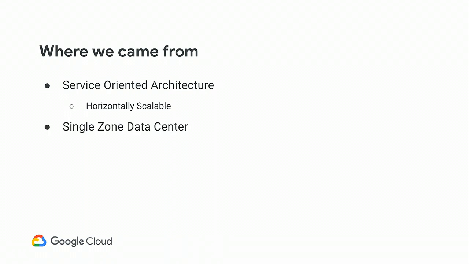So one of the things, though, is that we had a single data center. We were not across multiple data centers, and it was a single zone. That comes with some advantages. One of the big advantages is resource predictability. So we were running VMs there in the data center, and we generally knew what kind of capacity that we had and what kind of traffic we were going to expect.